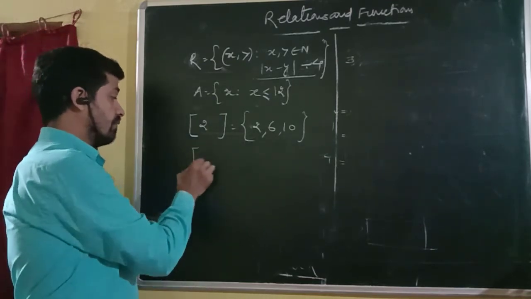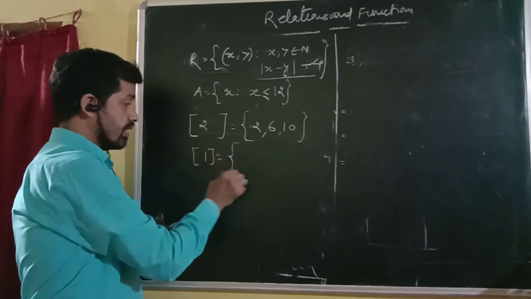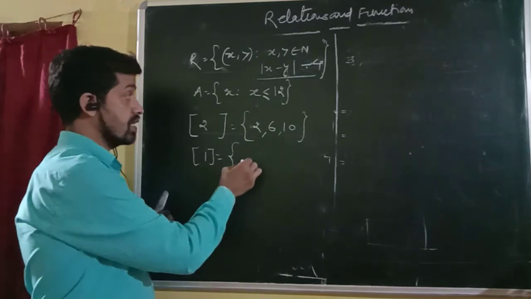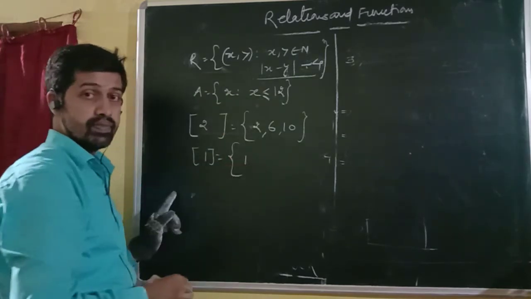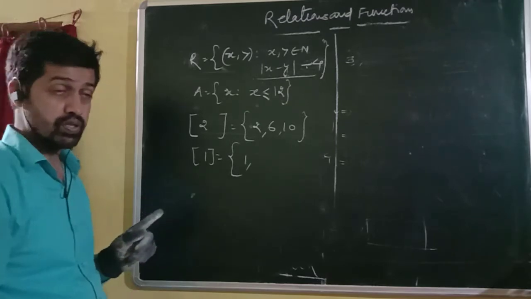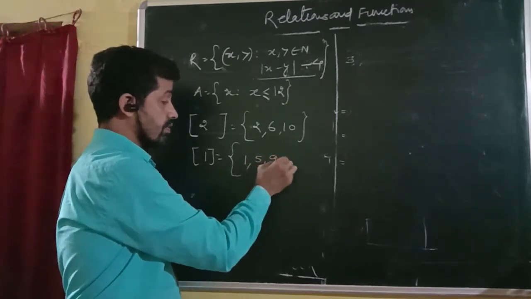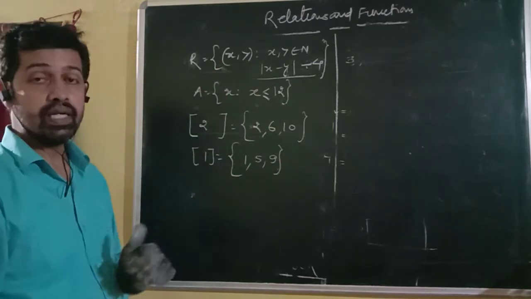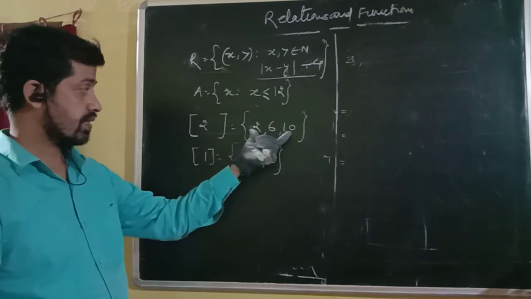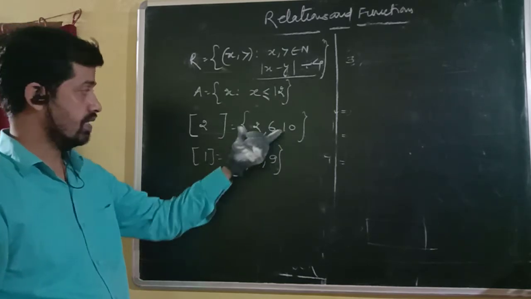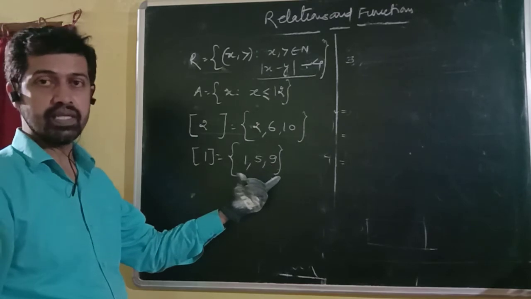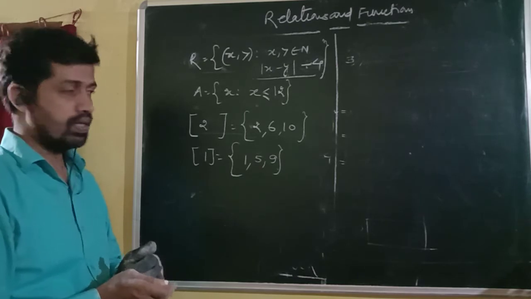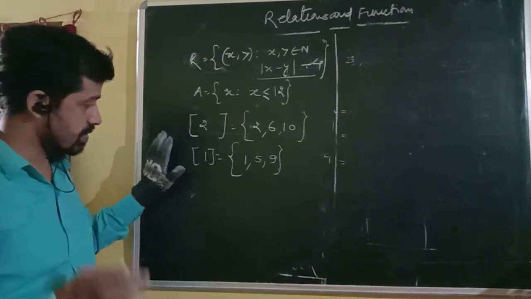Now, if I ask you to find the equivalence class of 1 under the same relation. So the very first element of this set will be 1. Now the next element should have a difference of 4. So it will be 5. Then next will be 9. And it ends here, because next will be 13, which is not there. So that's how we find the equivalence class. Now see the partition. This set is distinct from the other set. So we get a partition and the sets are mutually disjoint also. So this is how we find the equivalence class.